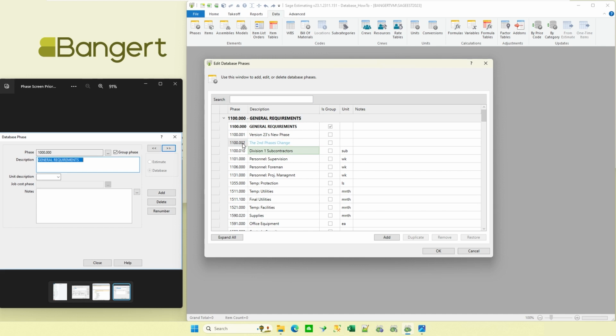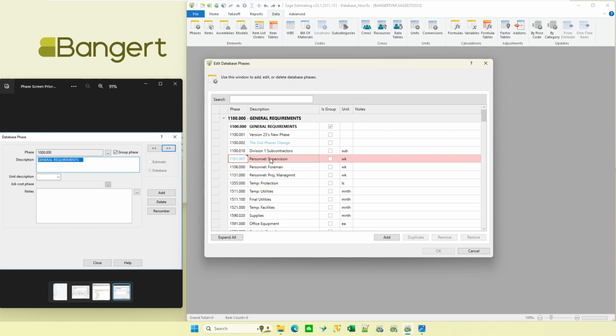The other thing about the renumber, though, is if I were to go through and let's say I'm going to renumber this one, this is going to turn red because I'm not allowed to renumber that line. If a phase has any items under it, in the old version you could renumber this phase, but it would mess up all your items because none of your items would go along with it.